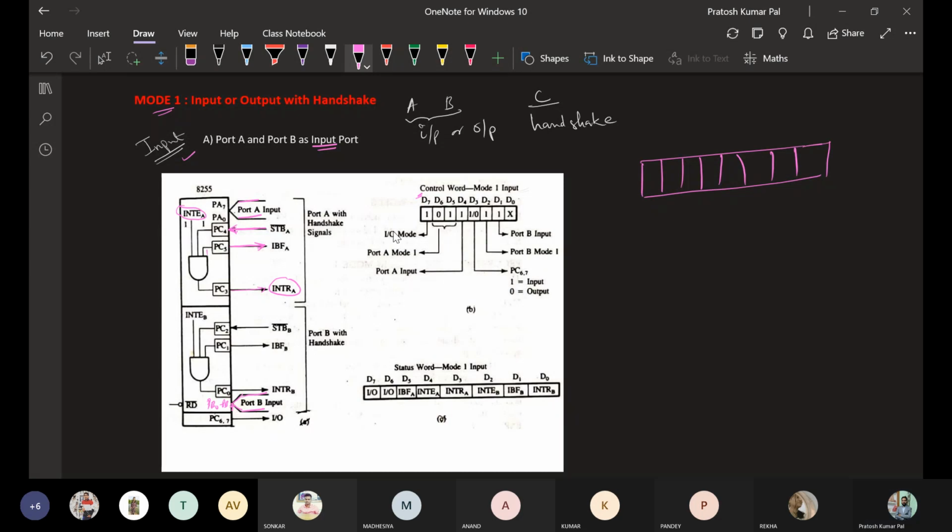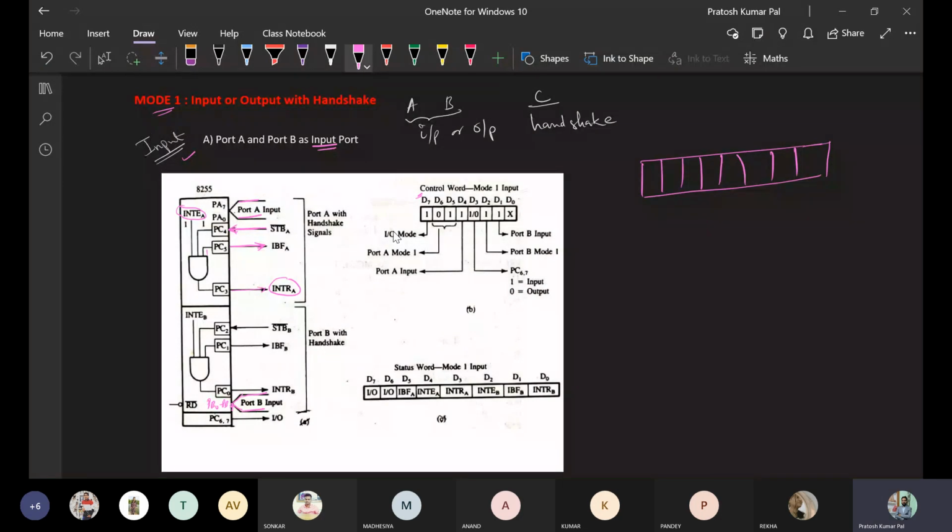After the input buffer is full, meaning the microprocessor has accepted 1 byte of data, it will indicate that the input buffer is full. So once the input buffer is full, the peripheral device will understand that whatever 1 byte of data it has sent to the microprocessor has been accepted or read by the microprocessor. Okay.